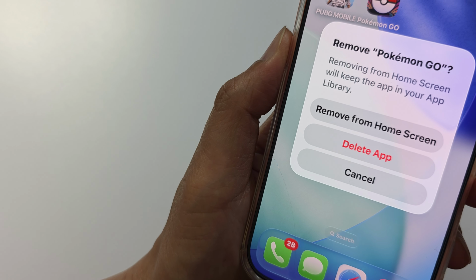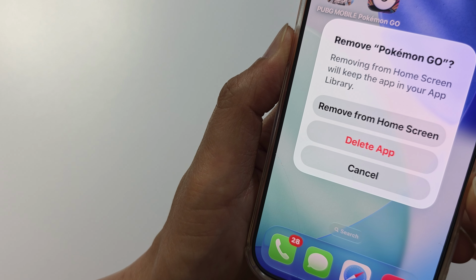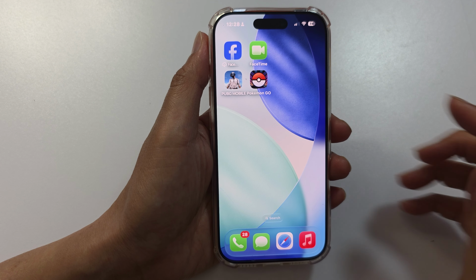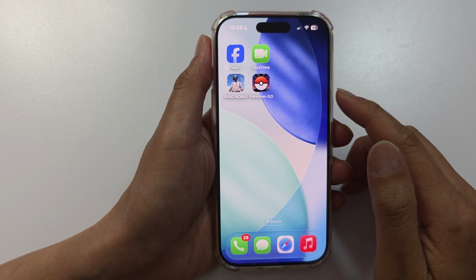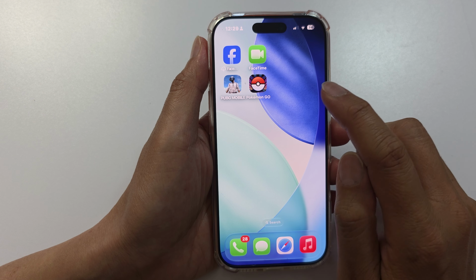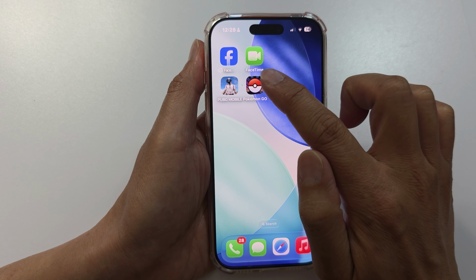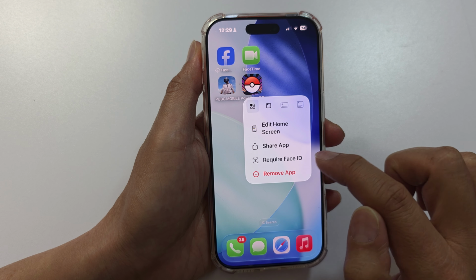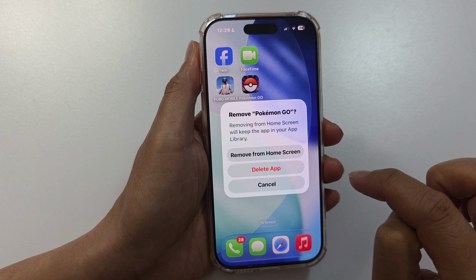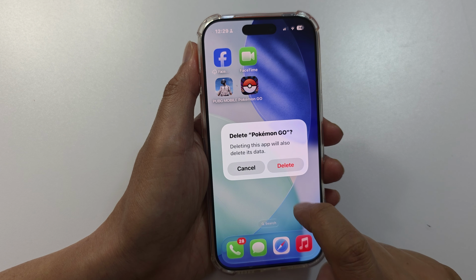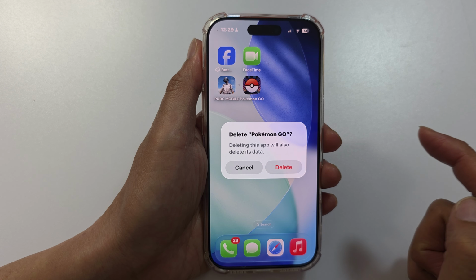How to uninstall apps on iPhone running iOS 26. Now there are different ways on how you can uninstall apps. One of the ways is on your home screen. You want to look for an app, then touch and hold. From the pop-up, tap on Remove App, then tap on Delete App, and then tap on Delete to completely uninstall